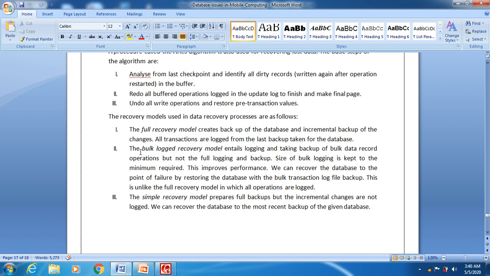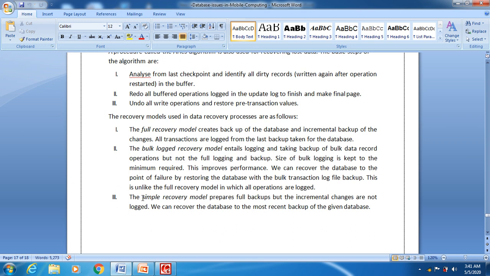In the case of the bulk logged recovery model, only the size of the bulk logging is kept to the minimum required. That means only a particular amount of information can be recovered from this model. In full recovery the total information can be recovered, but in the bulk logged recovery model only a certain amount of data will be recovered.